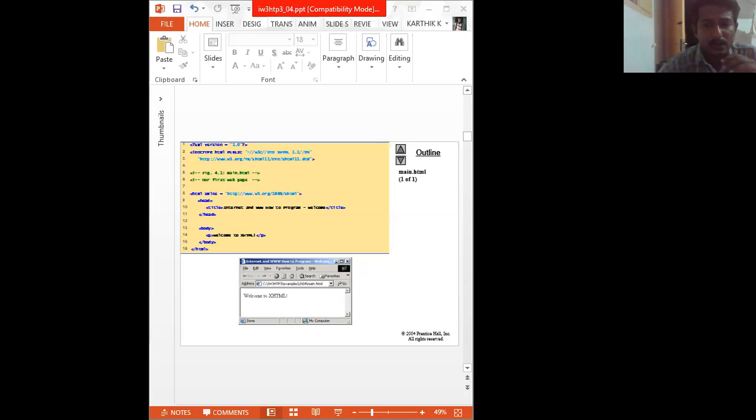There are several so-called void elements that do not have an end tag. For example, if you want to use any images on your browser, we can use the img tag. In the img tag, we don't have an end tag. The img tag only contains the start tag. Those tags are called void elements.